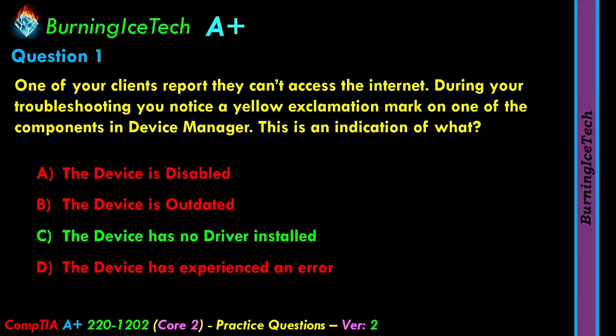So if you've got an account or a group that's been disabled, or in this case a device that's been disabled, you'll always see a small little white circle with a little black arrow pointing downwards. It means the account, the group, the device, or whatever this is, has been disabled. If we look at answer B,